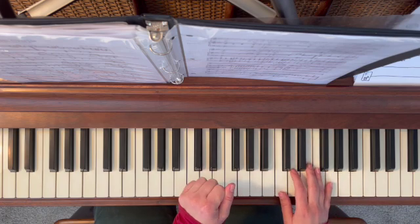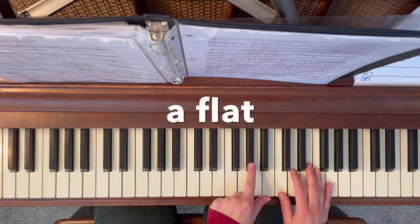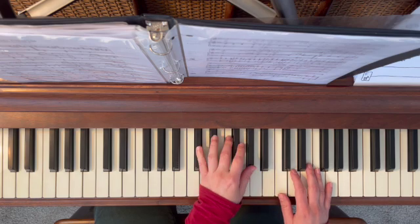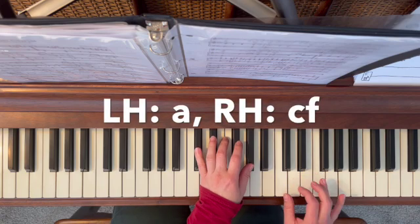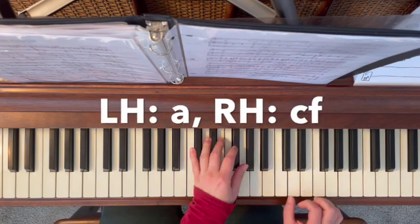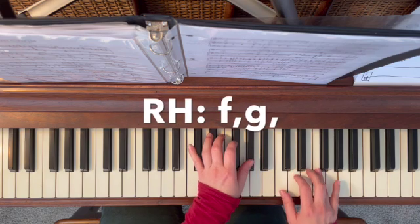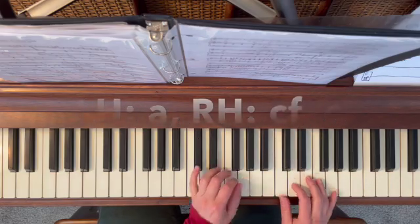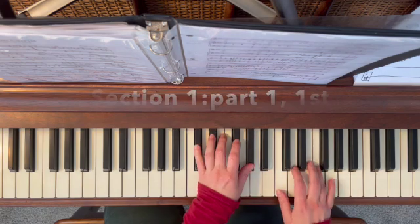And in the left hand, you're gonna play the A flat, and this is the A right above middle C. And you're gonna play it with your thumb. And you play the A when you play the C, F chord, okay? So you're gonna first do F, G by itself, then the chord with the A flat, then the E, just like that. So F, G,